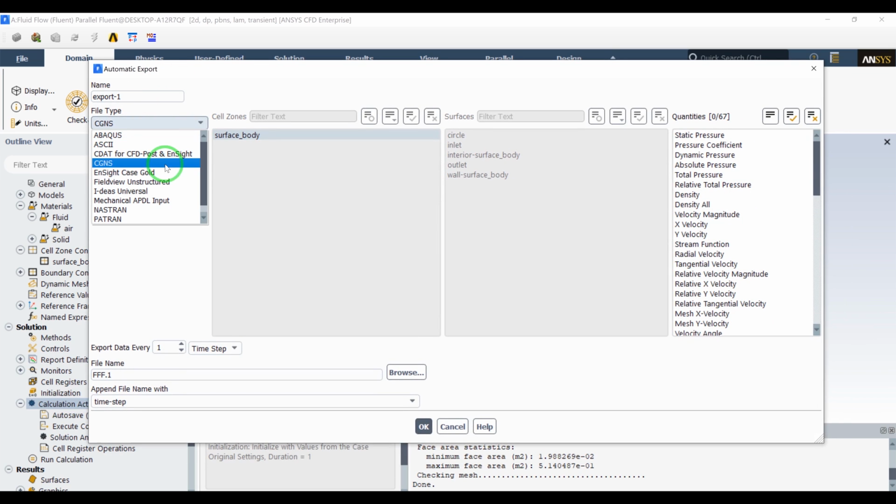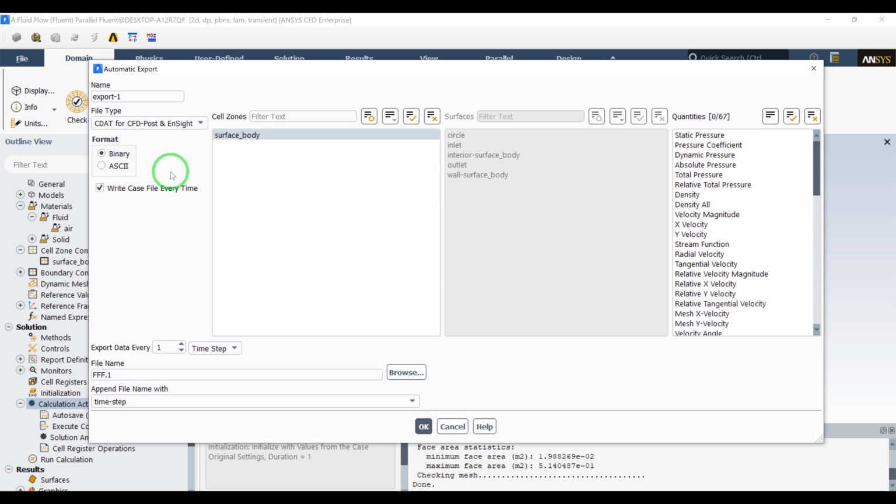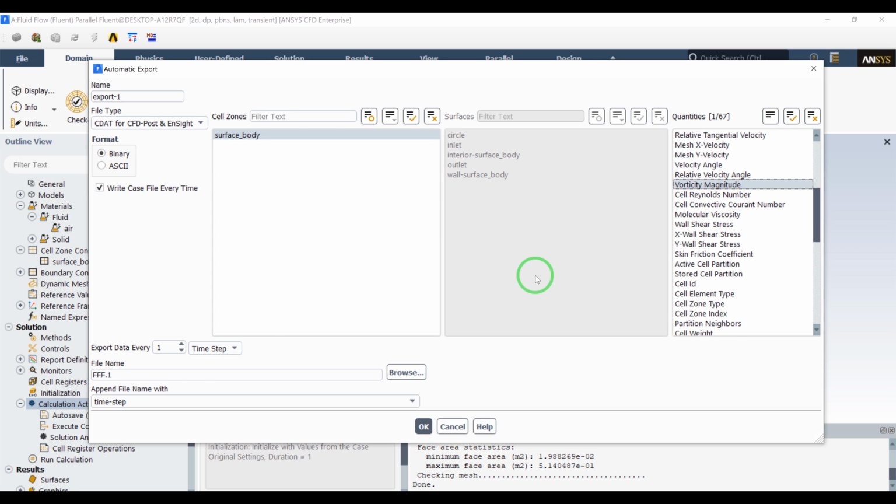The type is the CFD post compatible, and we'll look for vorticity magnitude. Yeah, here. We'll export vorticity magnitude every one time step, and